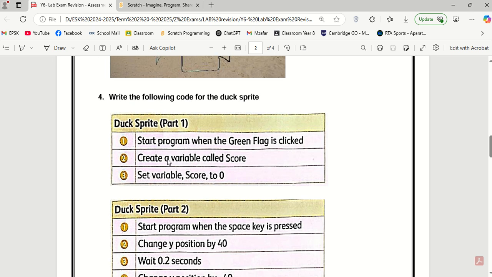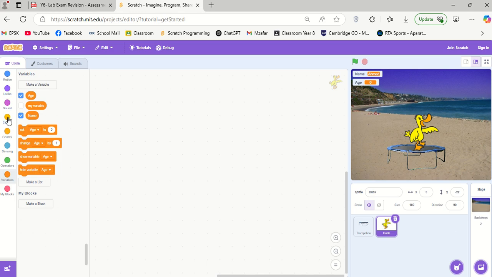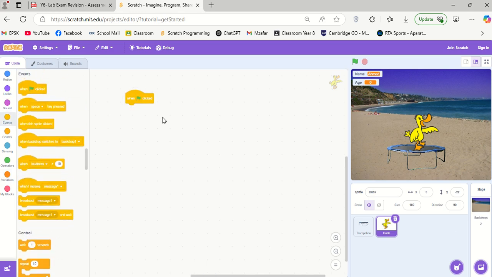This is algorithm number 1. Start the program when green flag is clicked. So go to events, when the green flag is clicked. Okay,